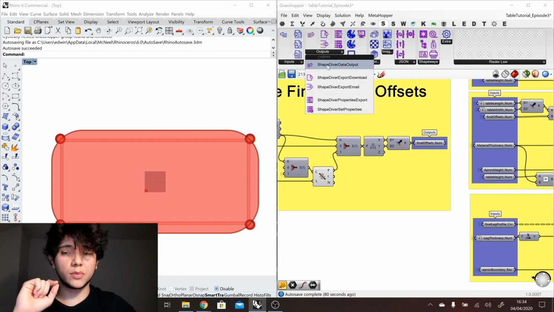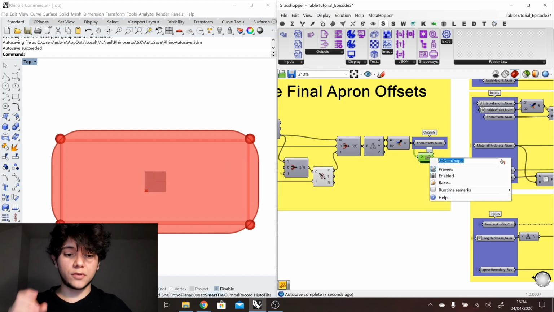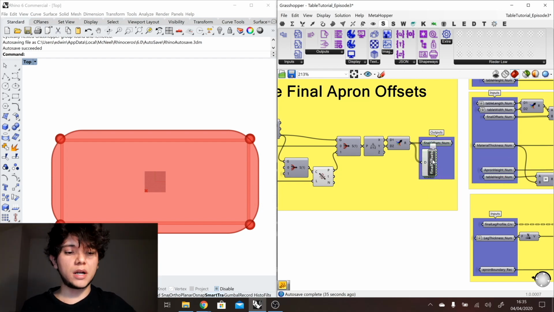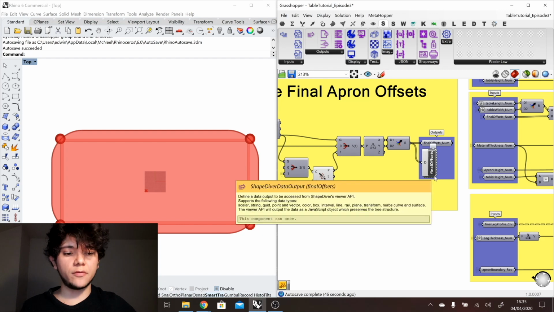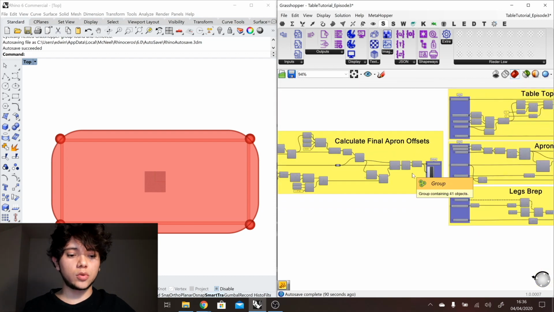We have something called ShapeDiver data output, and this will be data that can be accessed via the API. So if we rename this, for example, final offsets, the web developers that are in charge of integrating this table into a website will be able to access this information via the API using this name, final offsets. So now that we know the current state of our definition, now we can continue with the actual optimization of